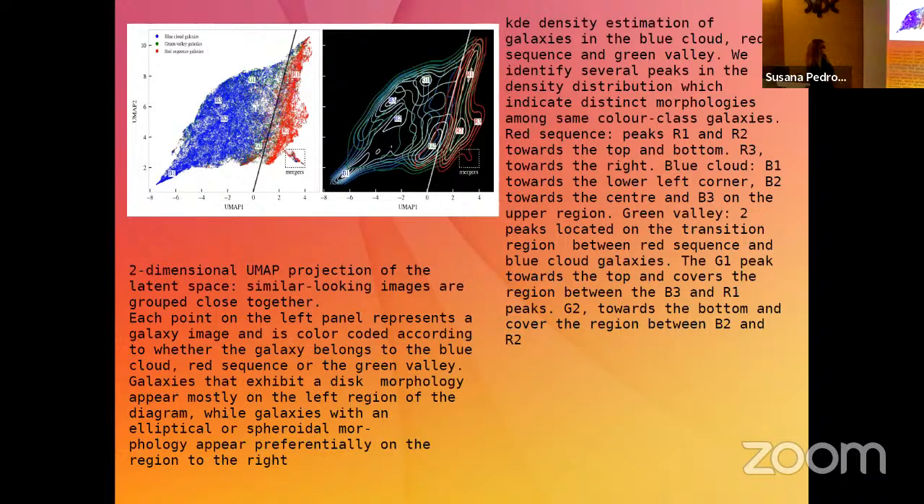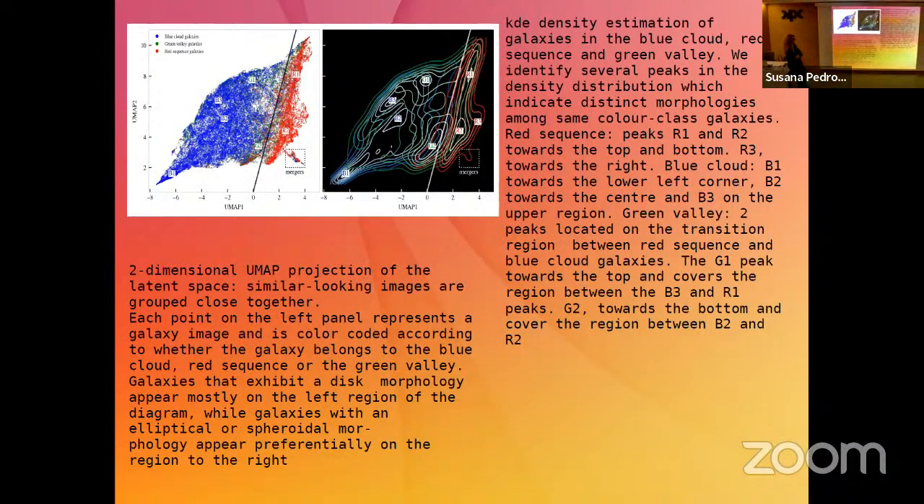And in the right panel, there's a plot of the KDE density of this same space. As you can see, there are a lot of peaks, and this indicates that besides the separation that you can see, for example, between the blue cloud and red sequence, there's more substructure here because of all these peaking densities. We found 3 peaks for the blue cloud, 3 peaks for the red sequence, and 2 peaks for the green valley. And another thing that the network detects is this here, and this corresponds to galaxies that have